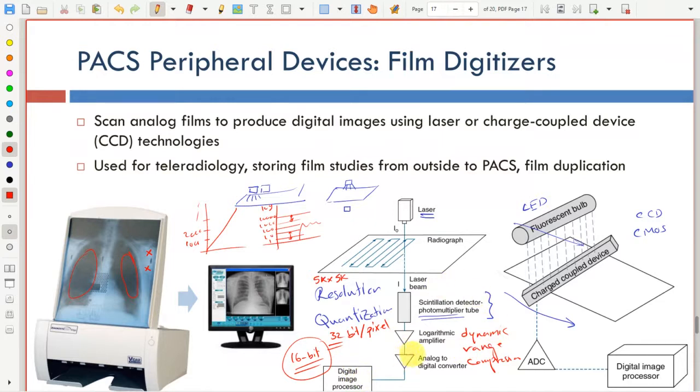So basically, you don't really do these things. Usually, the scanner that you buy actually does these kinds of things. But actually, you have to choose between these two types. You have to choose either a laser or a charge-coupled device, or another technology like CMOS